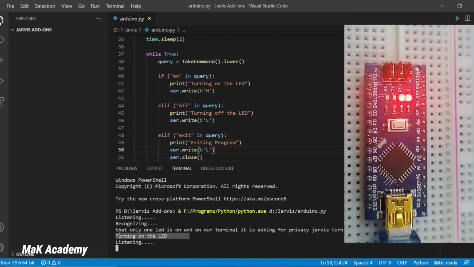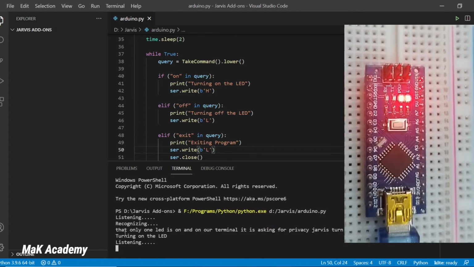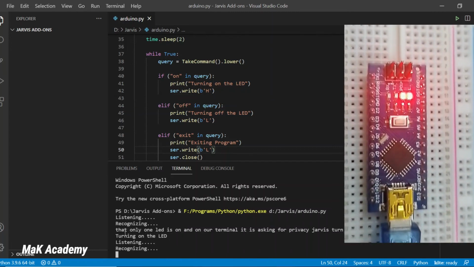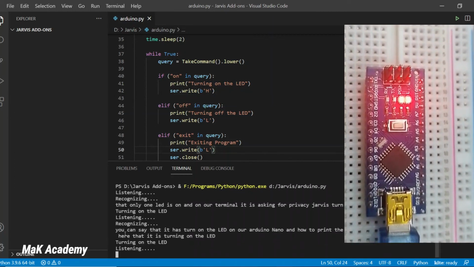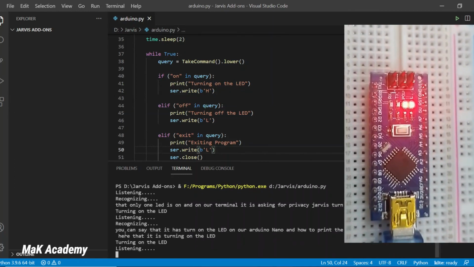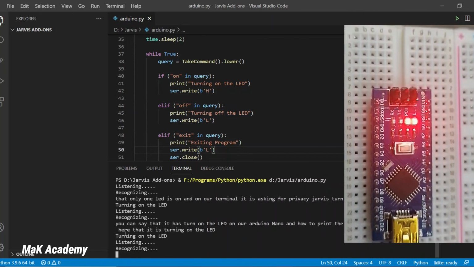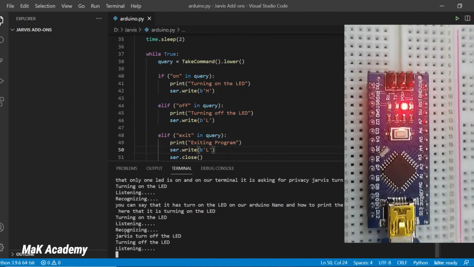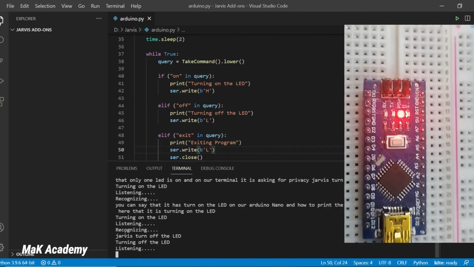So it's working. Now let's try to turn off the LED. So I will say, Jarvis, turn off the LED. Now you can see that it has actually turned off the LED.